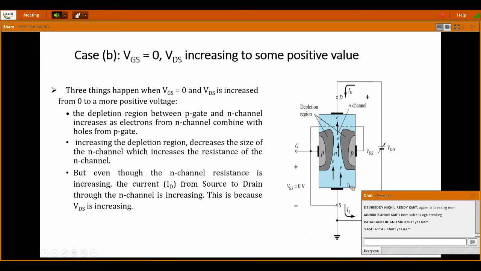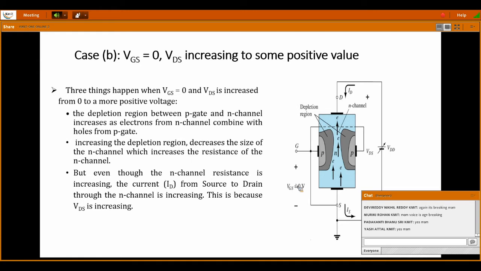When VDS is increasing, ID is increasing. This is the first point. But the depletion region is also increasing, but in an uneven manner. See this uneven manner. Why this uneven manner of increasing depletion layer? Because the reverse bias near the drain is increasing. So why is this reverse bias increasing? From where is the reverse bias coming into the picture? You may get a doubt. That I'll explain now. See here.